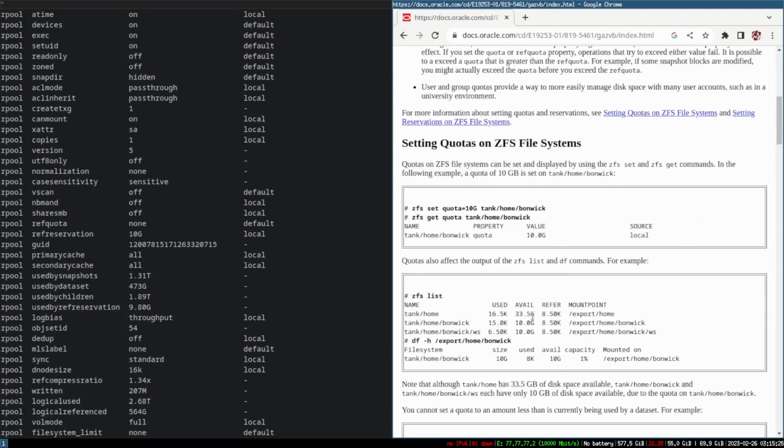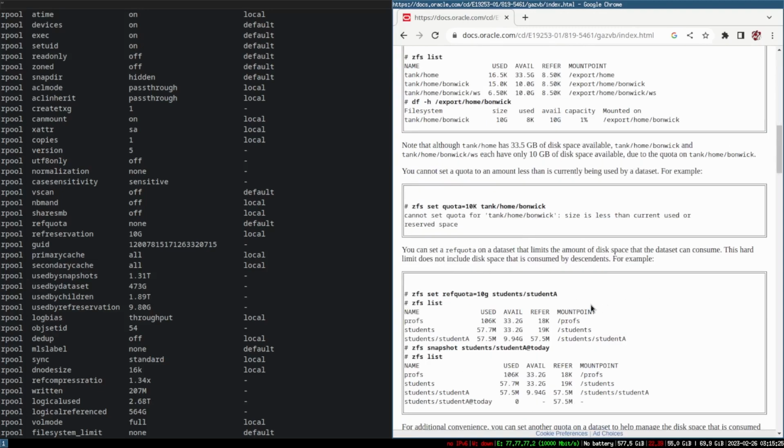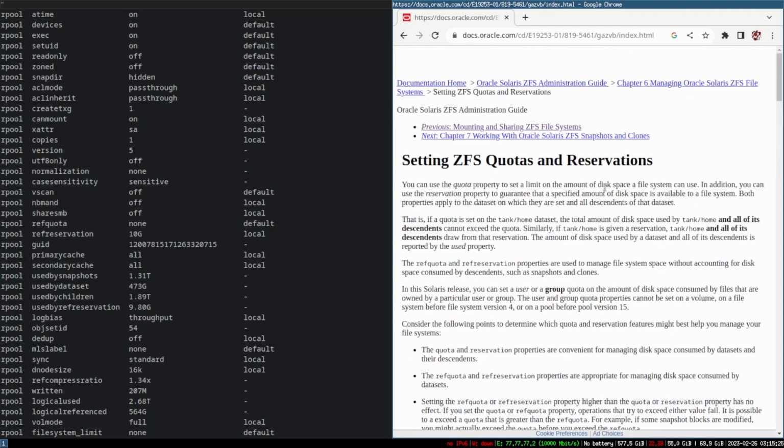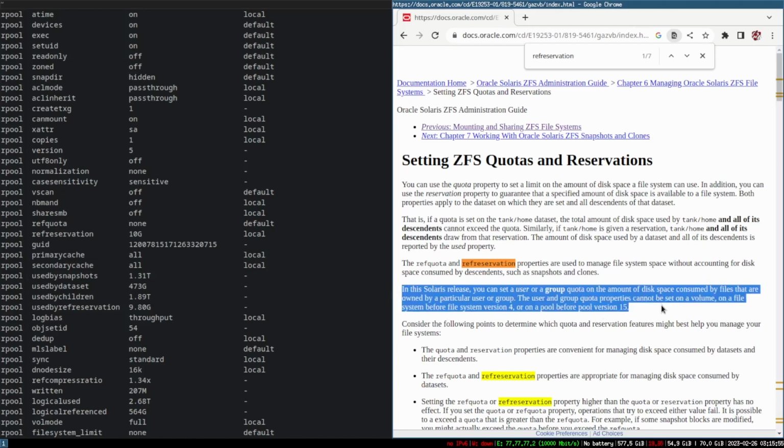What is the definition of this again? The refquota and refreservation properties are used to manage file system space without accounting for disk space consumed by descendants. I'm guessing that means snapshot children and stuff like that. Luckily, I only have one kid, so